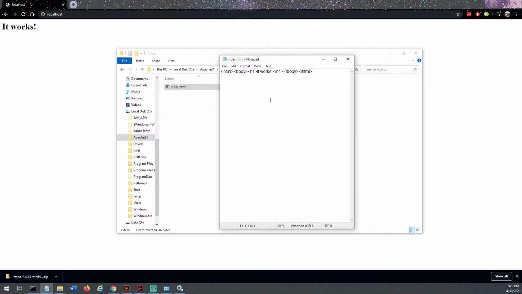Just a very simple HTML text file with the HTML tag, the body tag, and a header tag. So we can go ahead and manipulate this if you know HTML